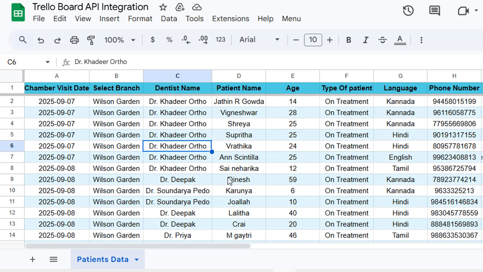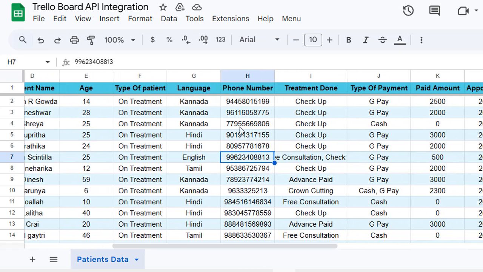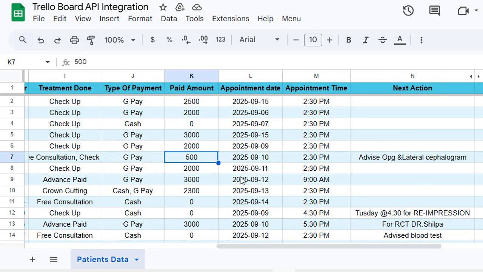There's a lot of details. Now you can see patient name, age, language, phone number and all these things. But for your information, these numbers are not valid. For privacy reasons, I changed the numbers. Anyway, so here in the K column, how much they paid, and the most important thing is in L column